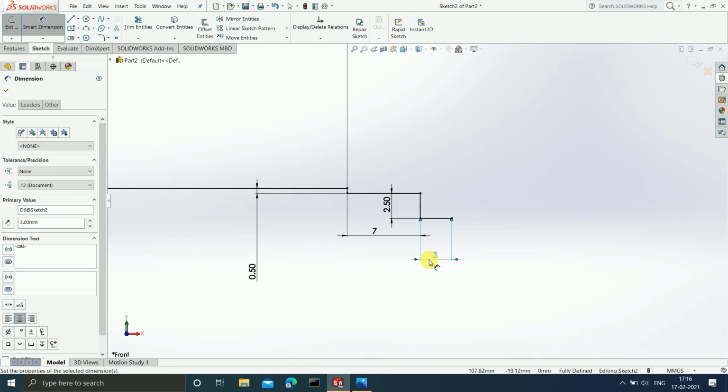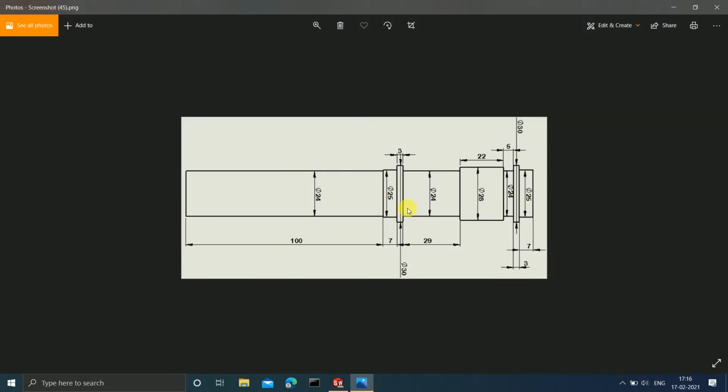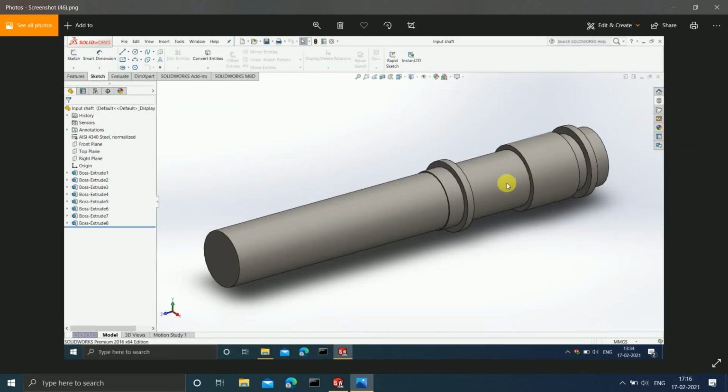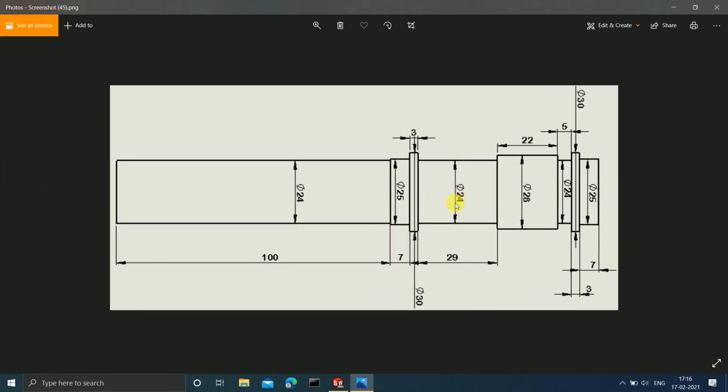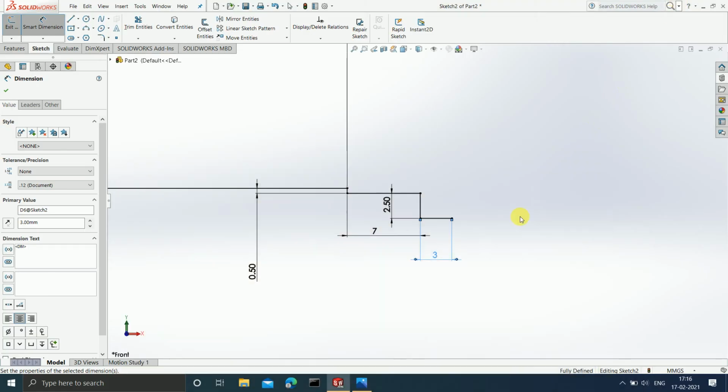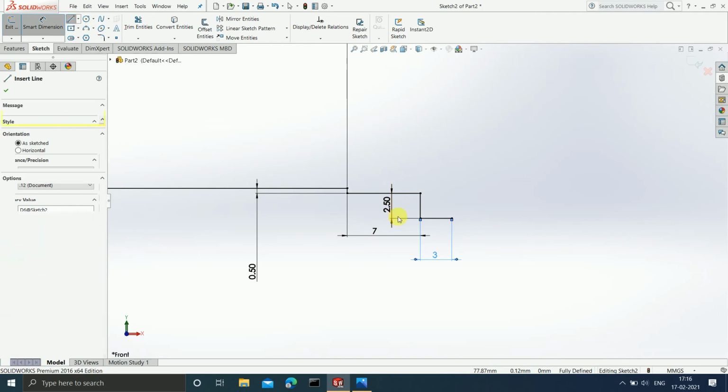Enter. Now once this is done, it was 30, and now from 30 it is becoming 24. Which is this 24 region? See, this particular region has a diameter of 24. So the diameter has now decreased by 6, therefore the radius will also decrease by 3. So I will now draw an upwards line.